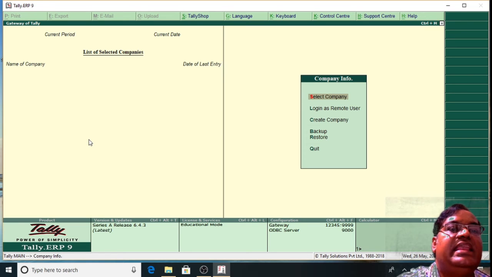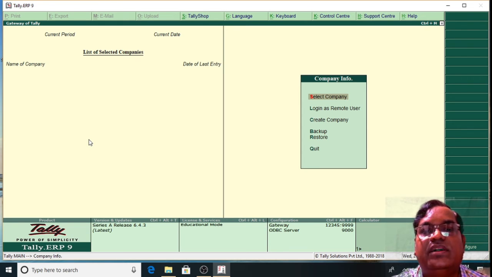So Tally ERP9 is the title bar. After that, the horizontal button bar. At the bottom you have a status bar, and on the left side you have an info panel and a calculator. I am going to show you how to switch between the calculator and the company info menu.